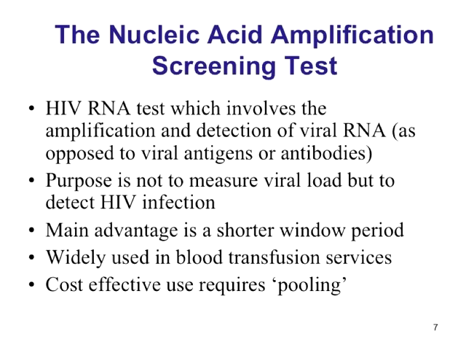It's widely used in blood transfusion services. The Canadian Blood Services uses it to test their blood. And the cost-effective use requires pooling, which basically means that for samples that test negative on the screening test, a portion of the serum that's collected is pooled together and tested using the nucleic acid test. If there's any positive reading on a pooled sample, they'll resolve the pool by testing individual specimens using the nucleic acid amplification test.